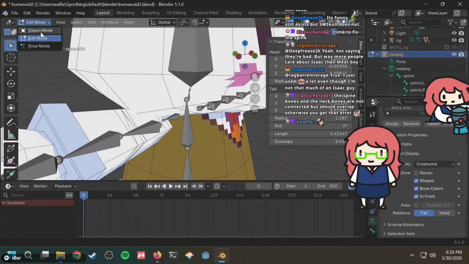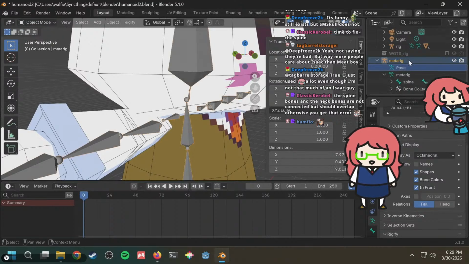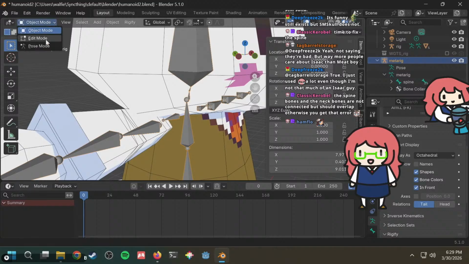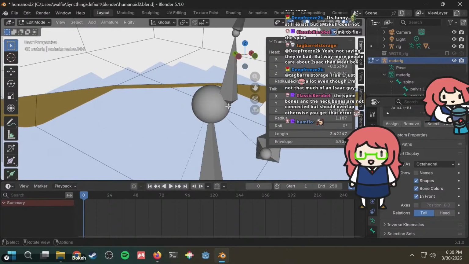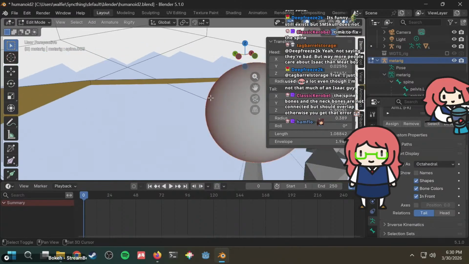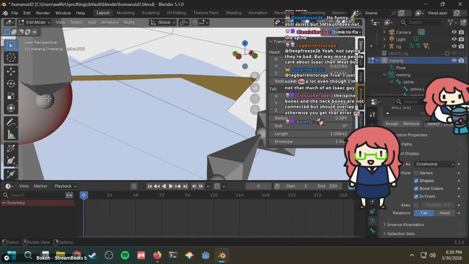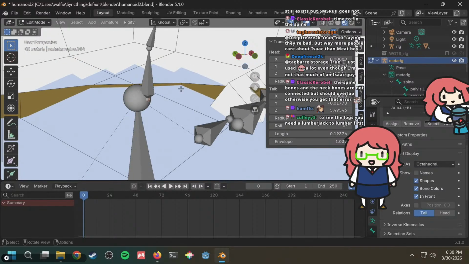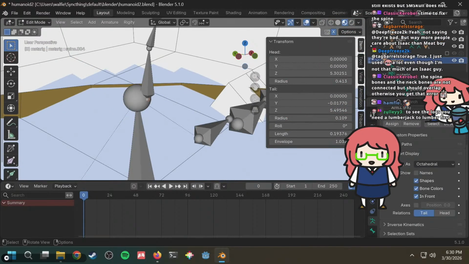Alright, let's go back here. Let's change the bone. Let's go to edit mode. This one. Gotta change this bone. This bone's gotta be at 0. No. This one, that's at 0.